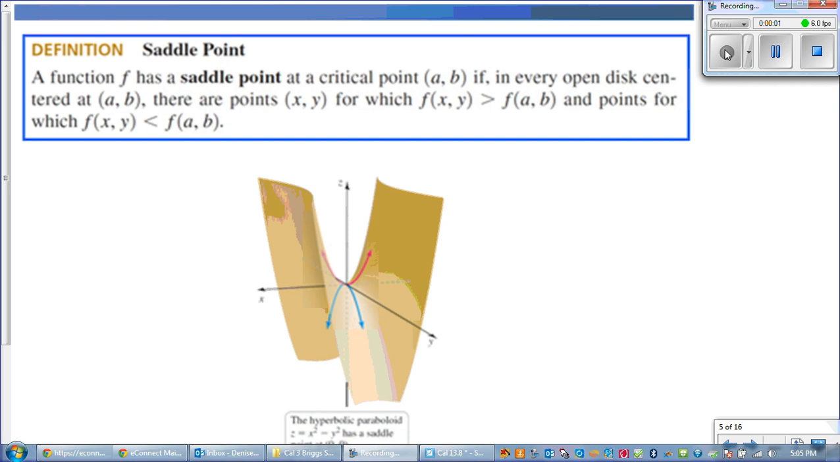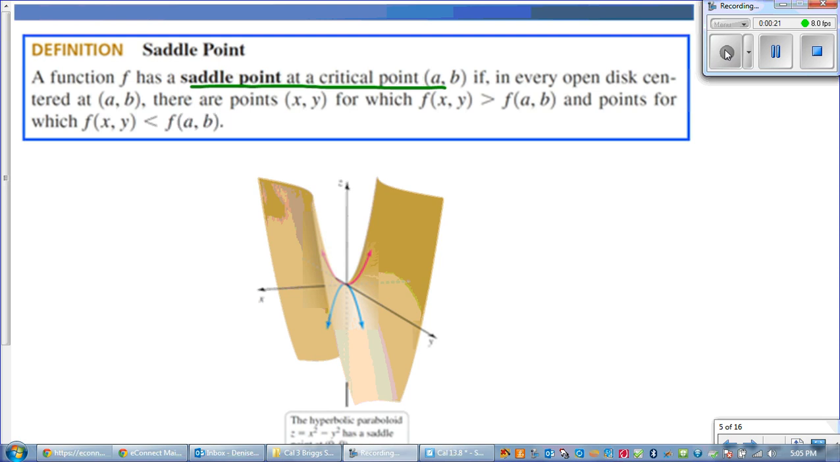Now, the critical points are candidates for the local extreme values. We may not have a local maximum or local minimum. Instead, we may have something called a saddle point. A function f has a saddle point at a critical point if every open disk that's centered at (a, b) has